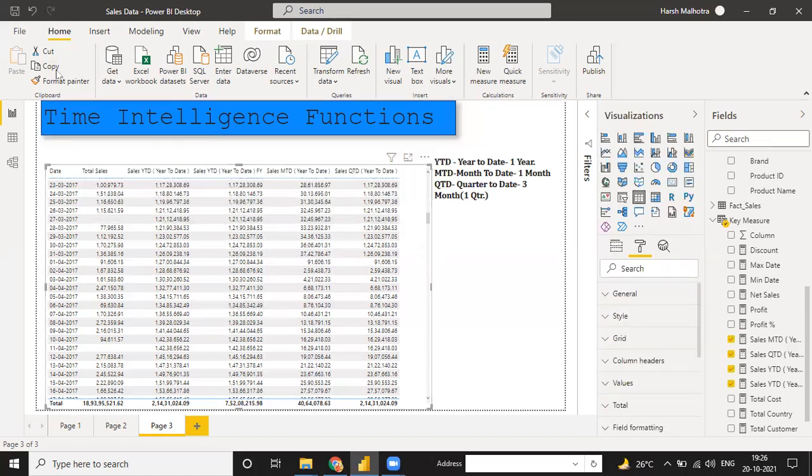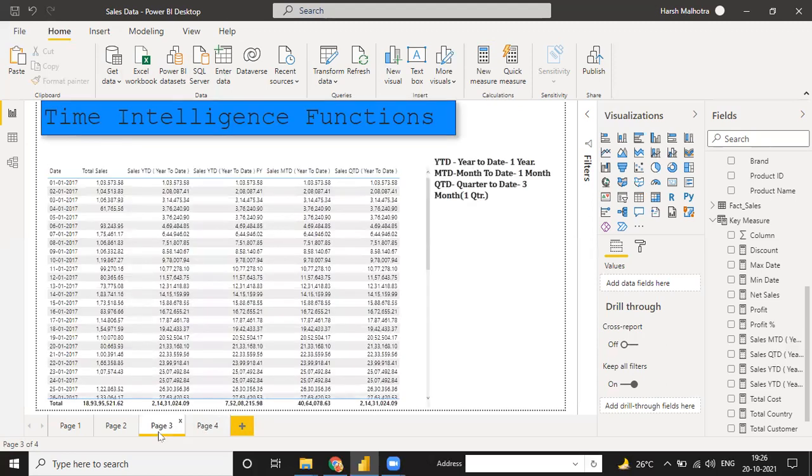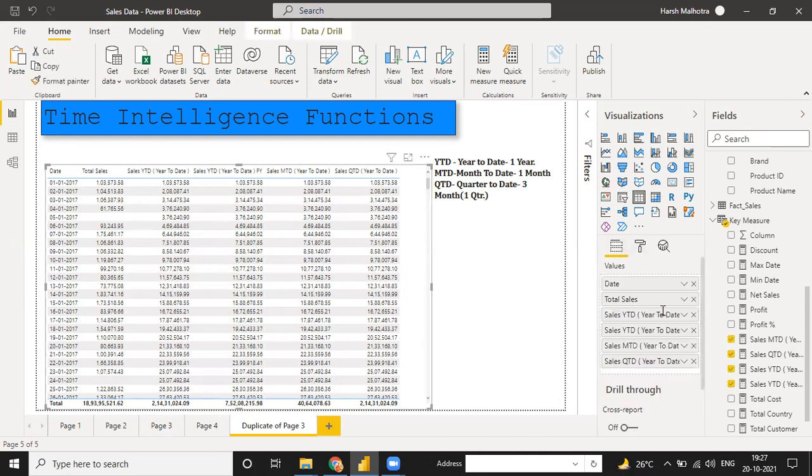So I just copy this table again and paste it into my 4th page. Or instead of pasting it, I can just right click on this. Okay, see, there is an option. You can right click and duplicate page. Duplicate page means it will give you the same page in the next sheet. So without copy and paste, you can just change your filtering only. Just go to this. I can just remove this one all.